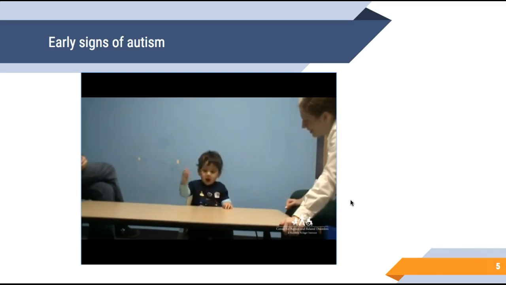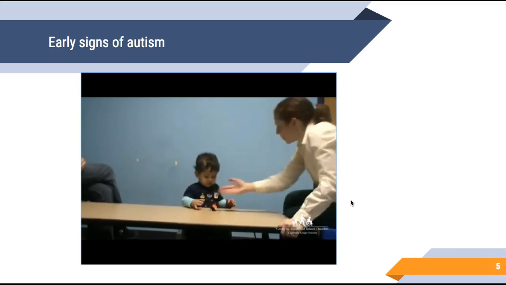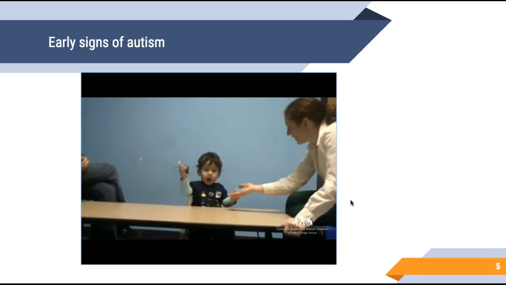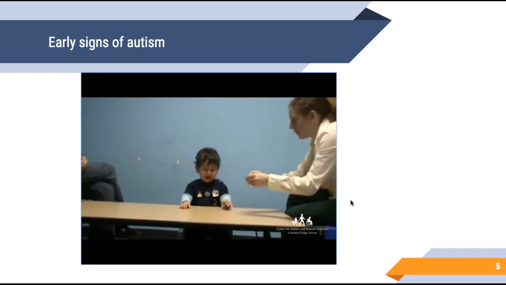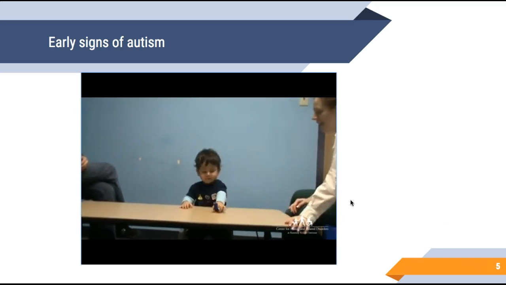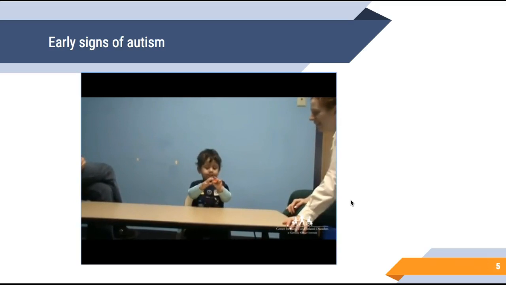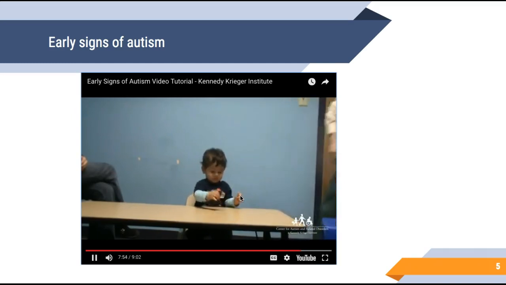He also tenses his body and mouth in an unusual way. Do it again? Even though the lady is talking to him, he shows no interest in her. He does not seem to understand that her gesture is an offer to help him. He does not check in with the lady or his mother to see whether they are paying attention to the toy that he is enjoying.